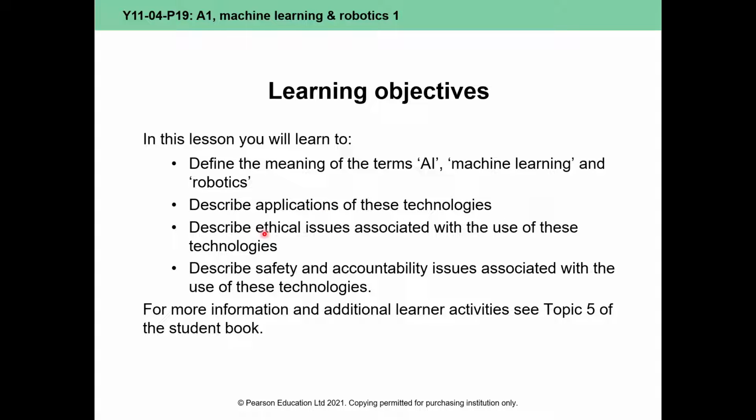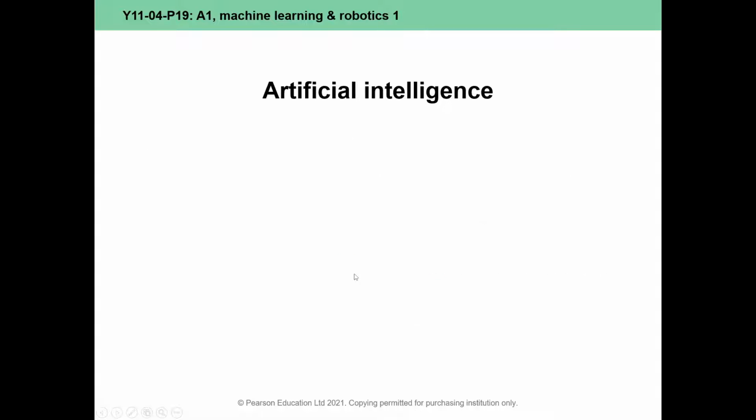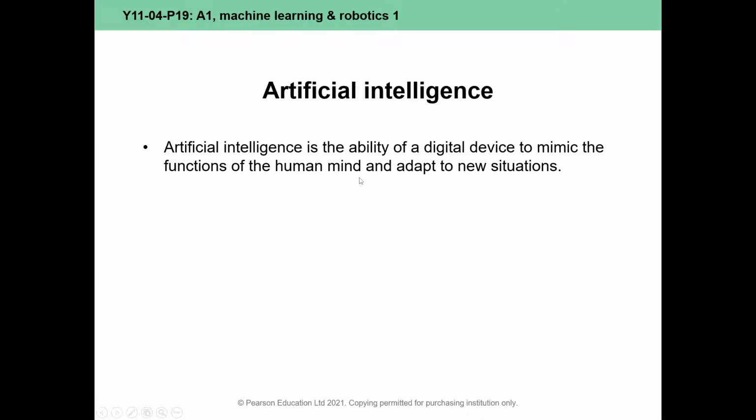We need to try and work out the legal and ethical issues associated with these technologies, and we're beginning to see it more and more in medicine. We're seeing it more and more in research. We're seeing it more and more in warfare. And we need to describe how we can keep ourselves safe, how we can keep society safe, and who is legally accountable when things go wrong. Huge, huge questions.